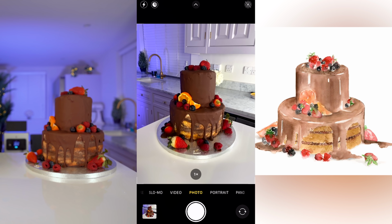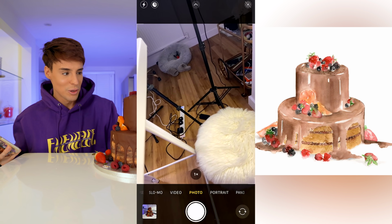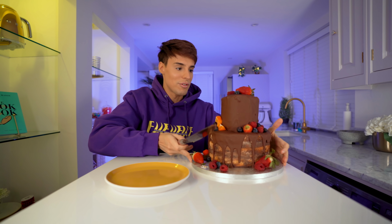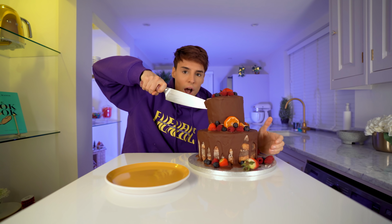Wow, why does this look so beautiful? I just took like 20 photos of this cake. For some reason, it looks delicious on the iPhone camera. I think this will definitely be easier to slice. Maybe let's do it from the back because it's so pretty. I don't want to... Oh,